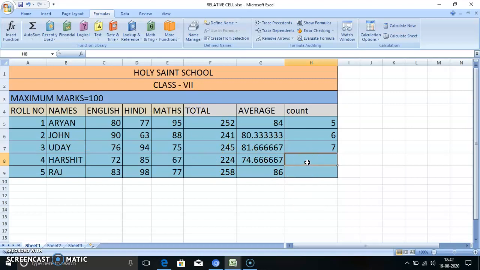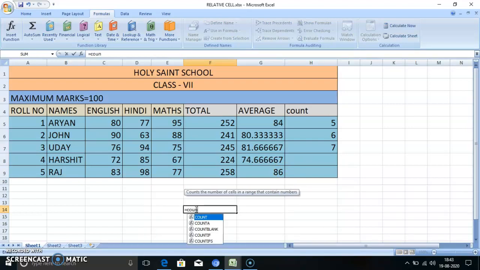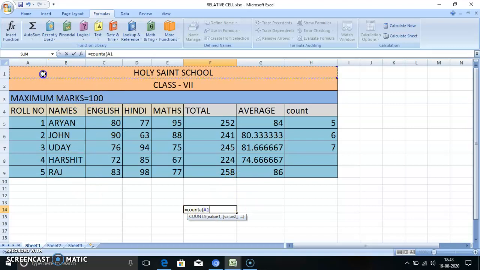Now see, if I want to count the full table, equals to COUNTA, bracket, from the starting. I have to count from the starting up to here, selecting the whole one. Okay, A1 to H9, bracket.